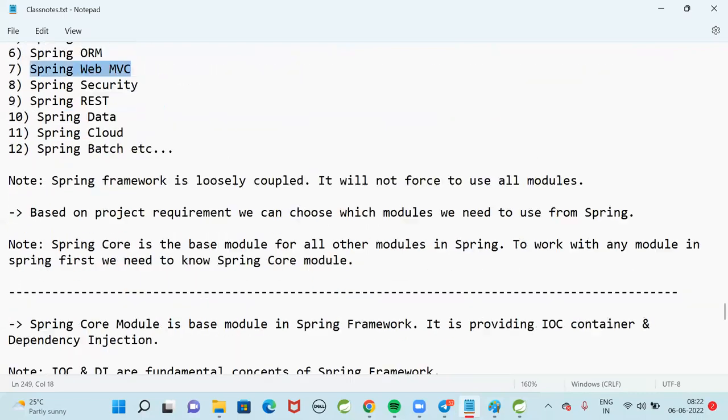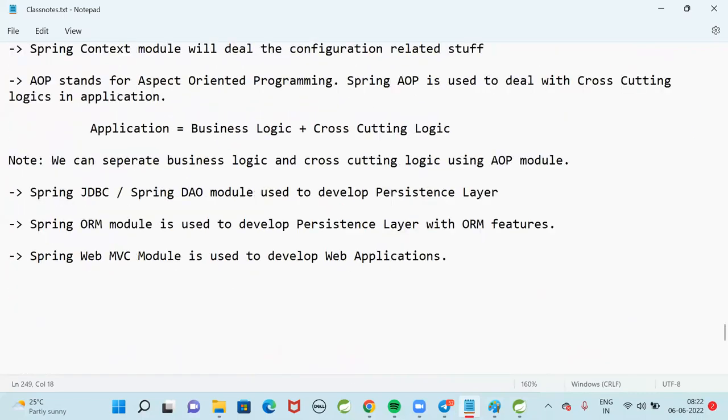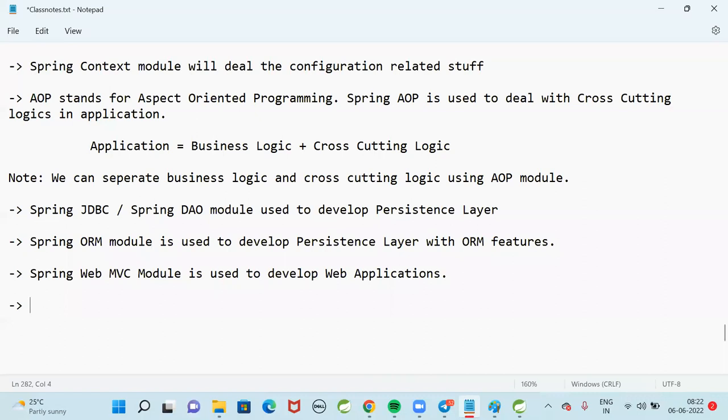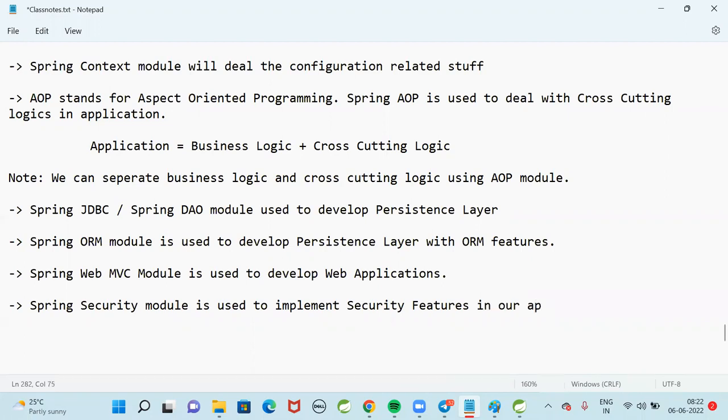The Spring Security module is used to implement security features in our applications. Now I want to secure my application so that only authenticated and authorized people can access my project. We can implement authentication and authorization by using this security module.